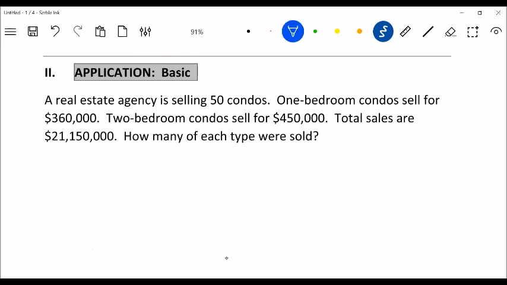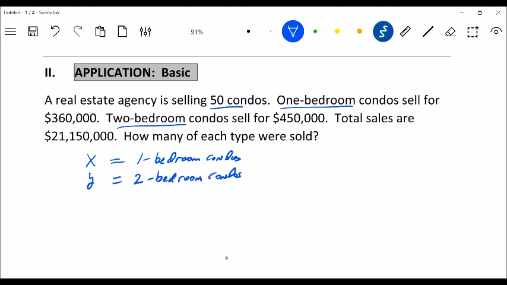The first thing we really want to do is identify variables for it and think about what this is telling us. We're selling 50 condos, or the real estate agency is. Some of them are one bedroom and some of them are two bedroom. Then there are the amounts of money that they are. So I think we have what makes sense for an X. Let's say X is one bedroom condos,